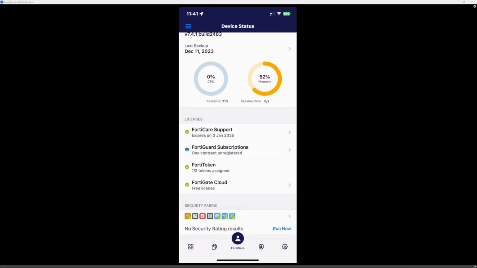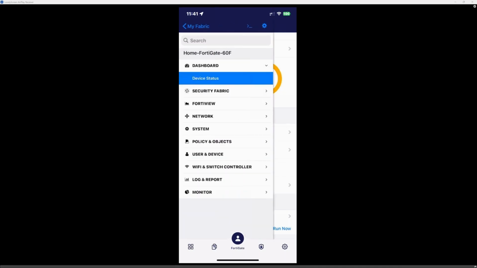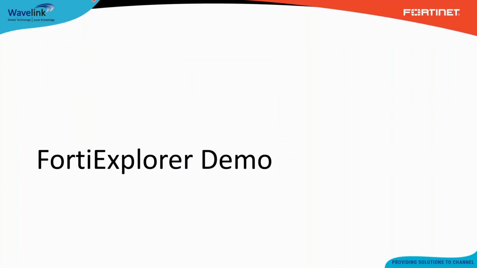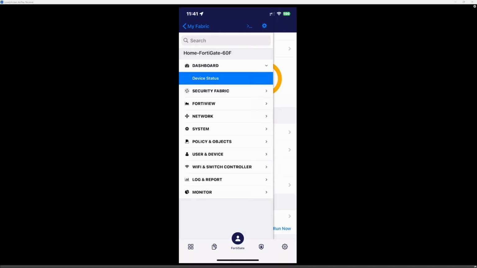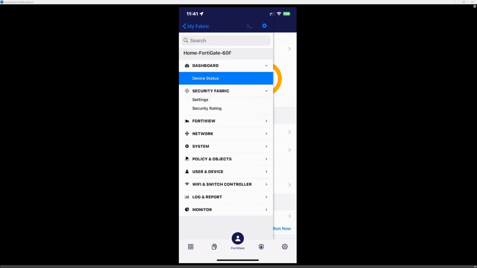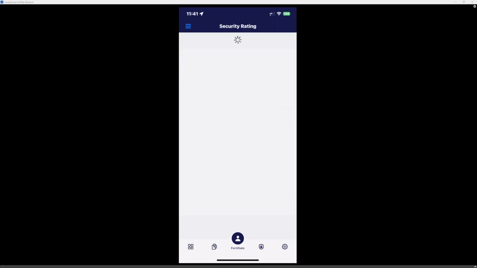But if we click up in the top left-hand side, the little hamburger icon, that will bring us the side navigation bar. And here's where we get to some of the other functionalities of the FortiExplorer app. So, oops, sorry, that's overwritten there. Let's go back. There we go. So first thing I want to jump into is the Security Fabric and then the security rating